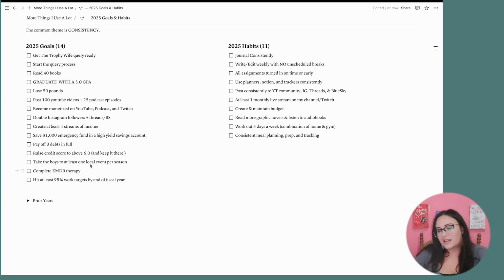Complete EMDR therapy. I'm not going to go into too much detail, but if you know, you know. EMDR therapy is a great tool to help really combat my PTSD and anxiety. Hit at least 95% on work targets by the end of the fiscal year, which I can't really explain to you because it's a lot of work stuff, but 95 is the minimum tier that we need for bonuses, and I want to at least hit 95 on my work targets by the end of this fiscal year, averaged out. For my 2025 habits, I want to journal consistently,